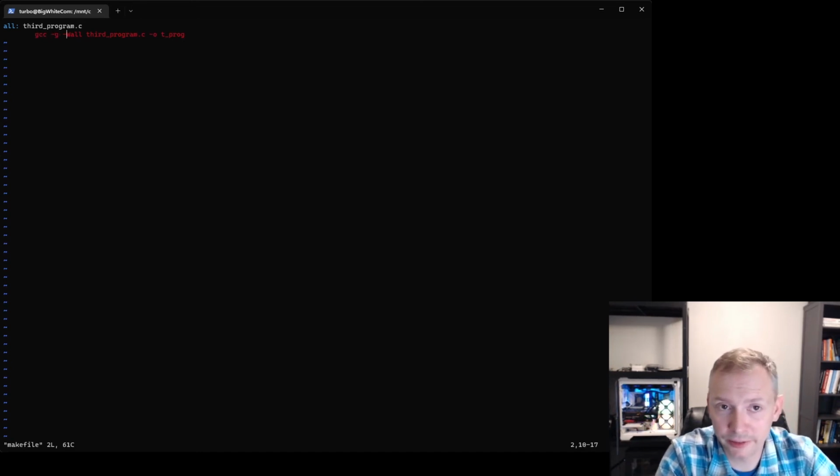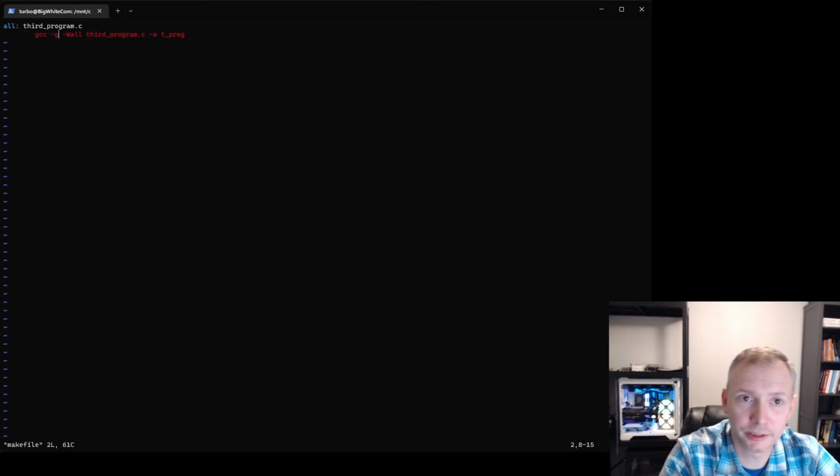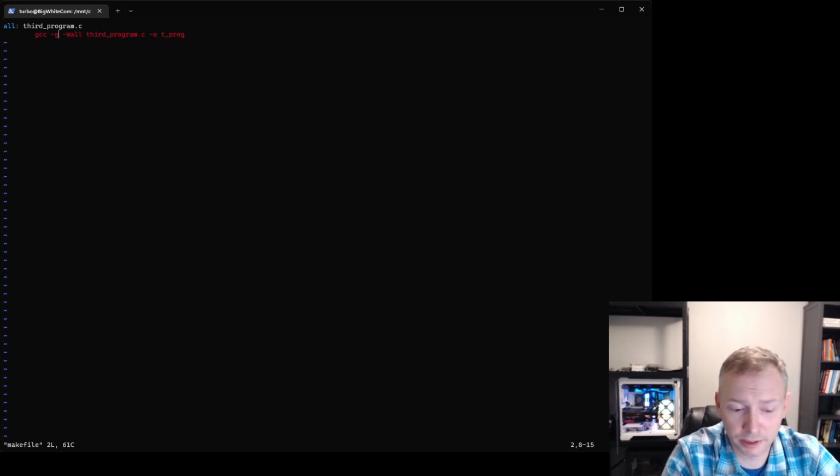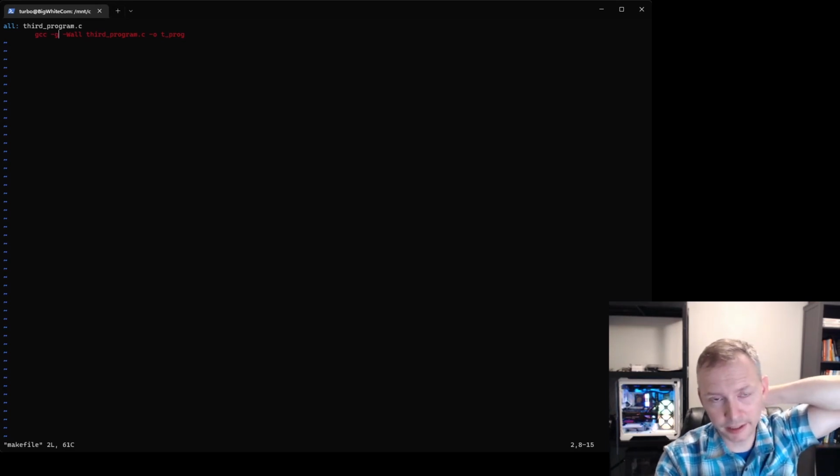And this time we're going to feed it some flags. So we are feeding it the -g, which inserts flags for debugging, so we can use that with GDB. I'll be demonstrating that in the next video,